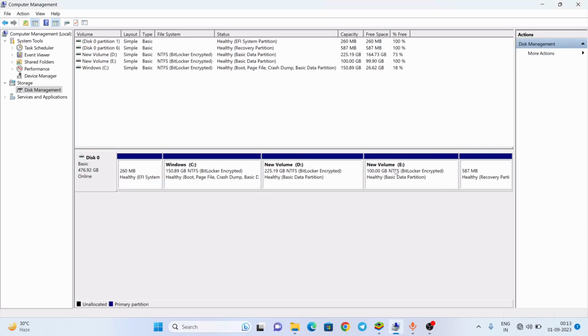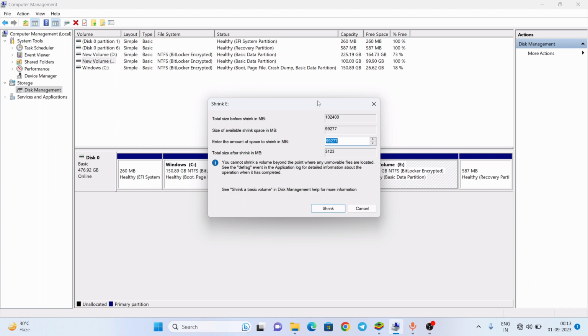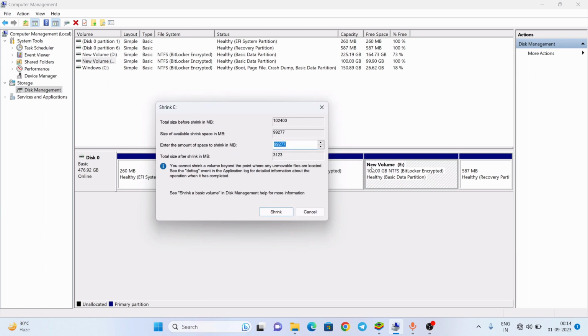So let's right click here, because you can see there is the 100 GB New Volume E. Click on Shrink Volume. Here you can see one page appears. Here you see the 100 GB space is 102400, but the available size